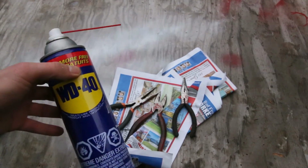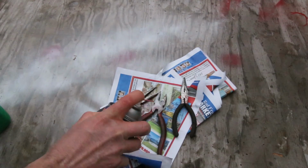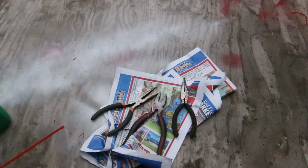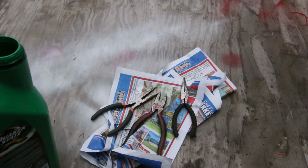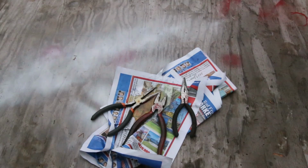Take some WD-40 or some motor oil and just spray them like that. That's the WD-40. You can also use motor oil if you don't have WD-40. Just take a little bit and dump it on there and then leave them overnight. And then in the morning,